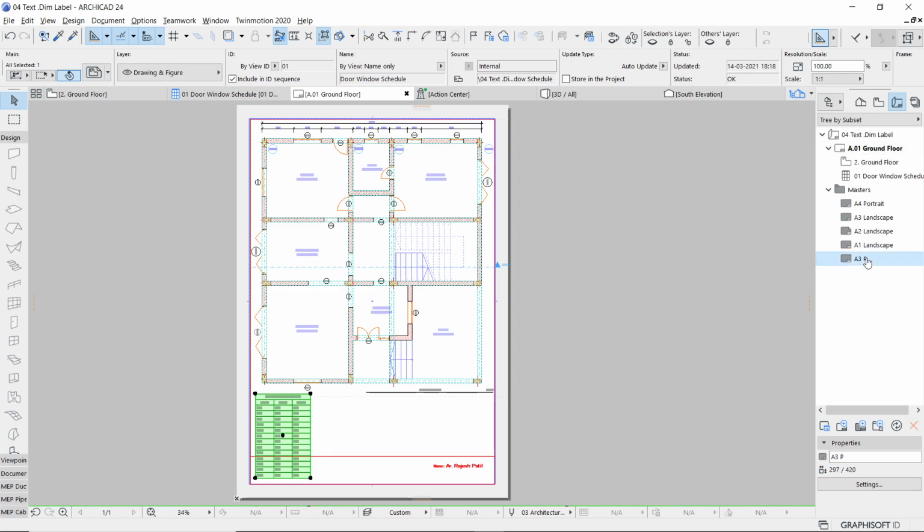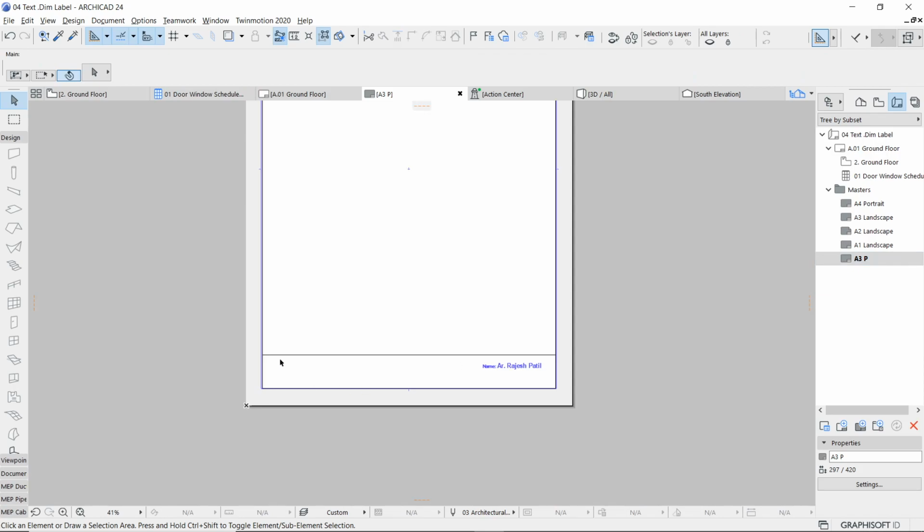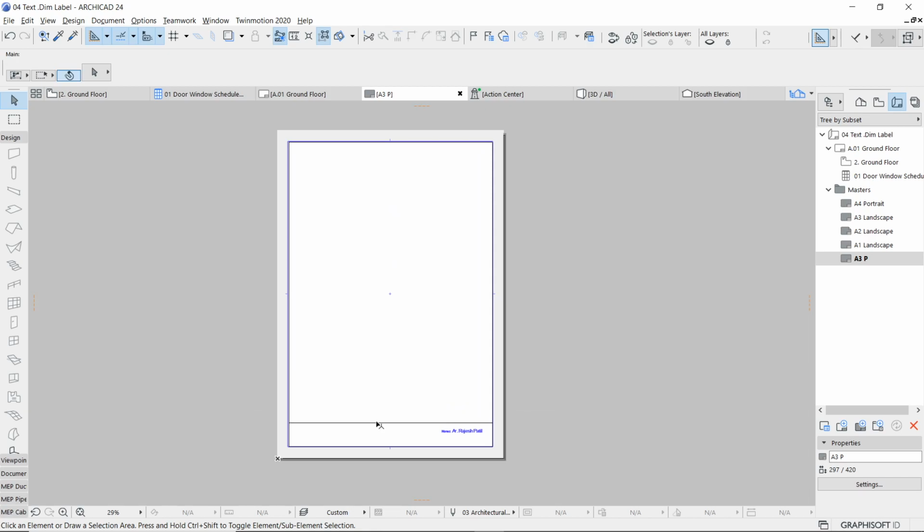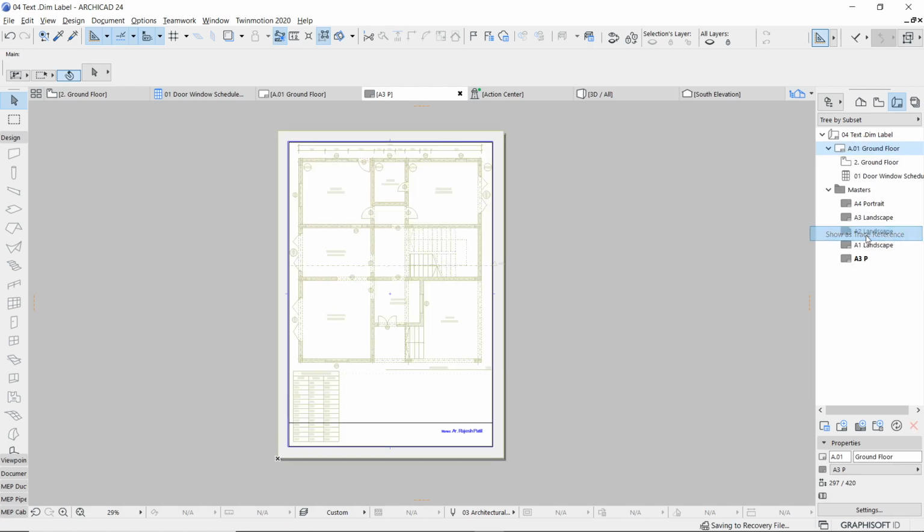So I'll just double click on this and here what I can do now, I just want to take the reference of that drawing so that I can find out how much length of this line I can trim and I can design my nameplate, or maybe half of the distance if you want to secure, you can do that also. So if you want to see the trace reference of this sheet, you can simply right click on the ground floor sheet name and say show as a trace reference. Here you can find out this is how it looks.